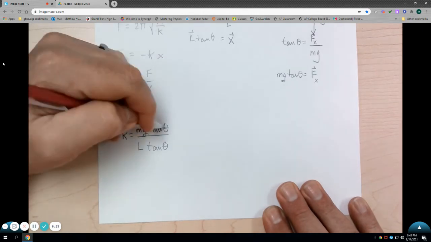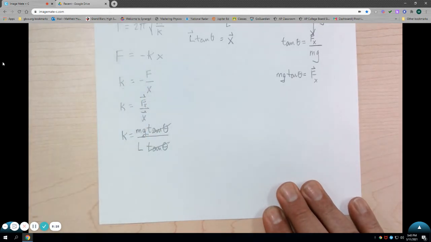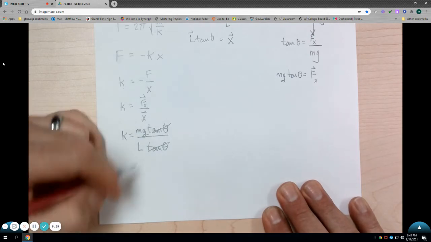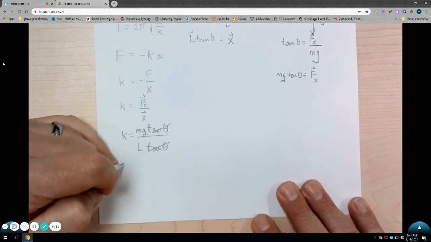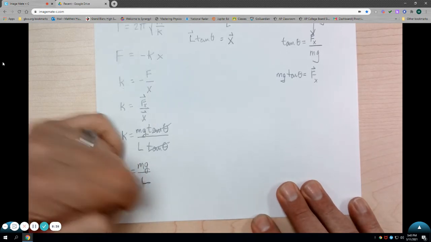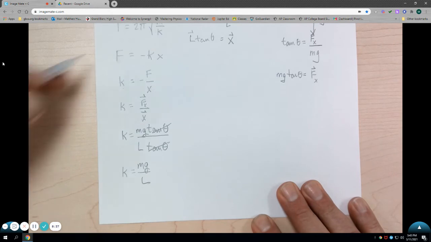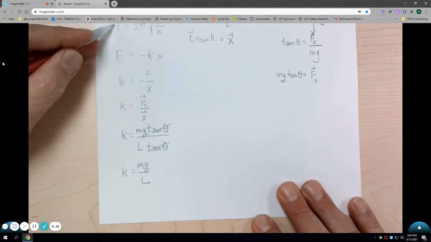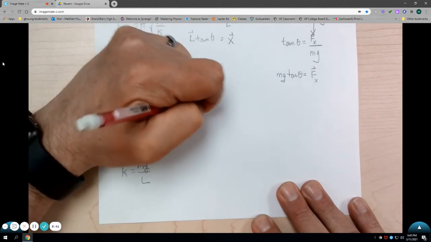So tangent theta cancels, because whatever theta is, the tangent of that would cancel. So K for a pendulum is actually equal to mg over L. Now if I take that and put it back into our expression for simple harmonic motion period,